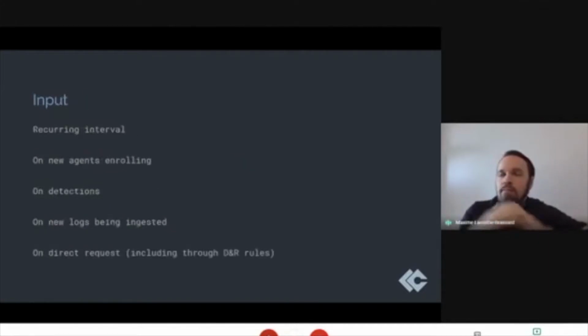So okay, that situates a little bit what a service is at a technical level. We're going to talk about the inputs and the outputs of the service. So what does a service receive, and what can it do, and then how can you give feedback from that service? So the input is fairly straightforward. I mentioned having various triggers. So here's a couple of examples. It's not complete. The doc will go over more of them. But recurring interval.